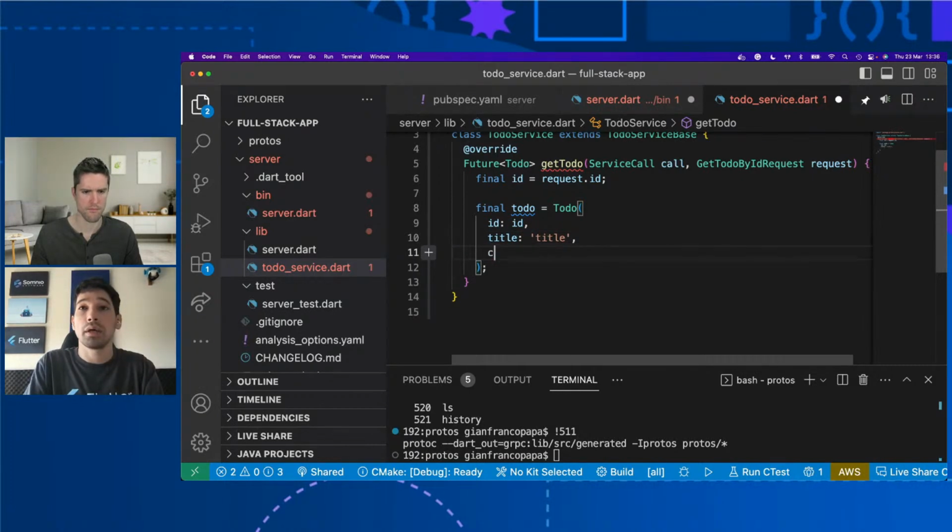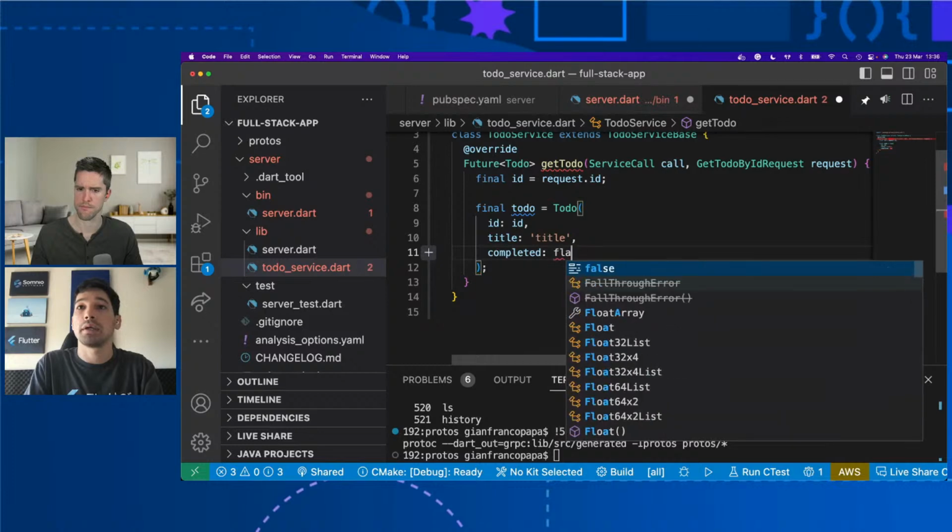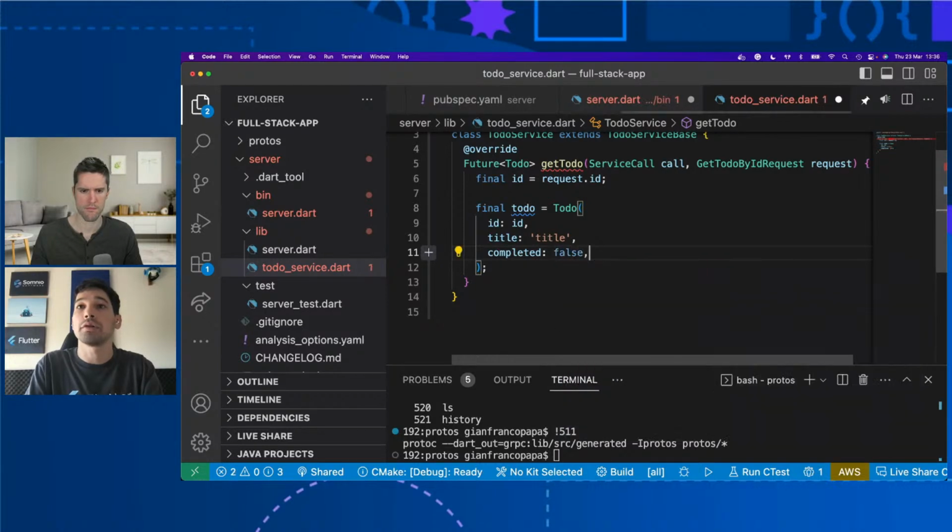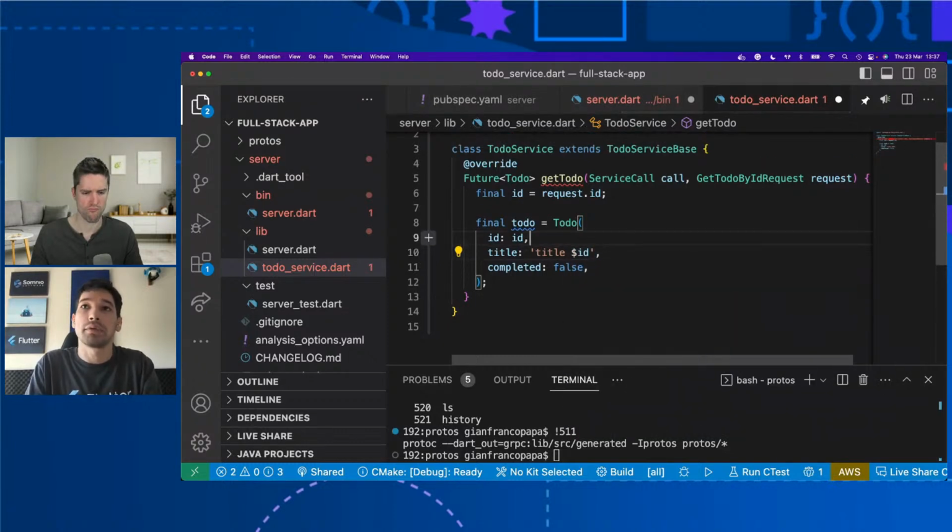And then we have the completed parameter that is missing, and this will be false. Maybe what we can also do is put the ID in the title, so we can have our distinct title in a sense. I like that.